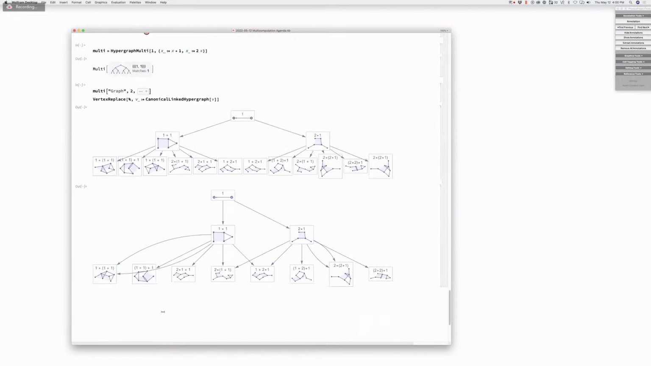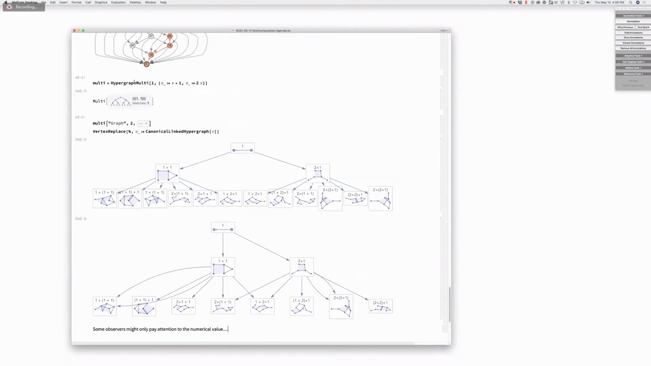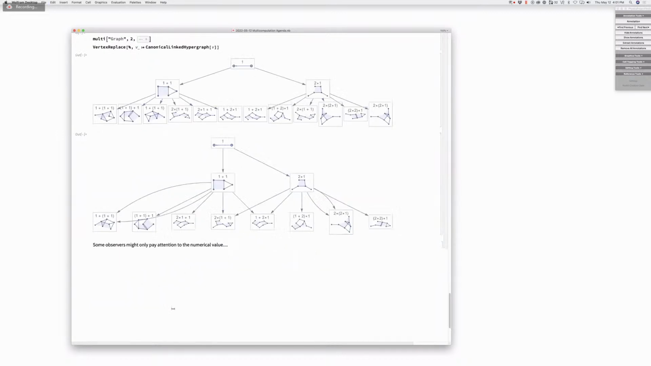So I mean, that's an interesting observer thing. Some observers might only pay attention to the numerical value. So, for example, how would I do that? So if I were to do that with, I've got this hypergraph multi. What am I doing here? What are you doing here? Can we get, okay, so now if I do,